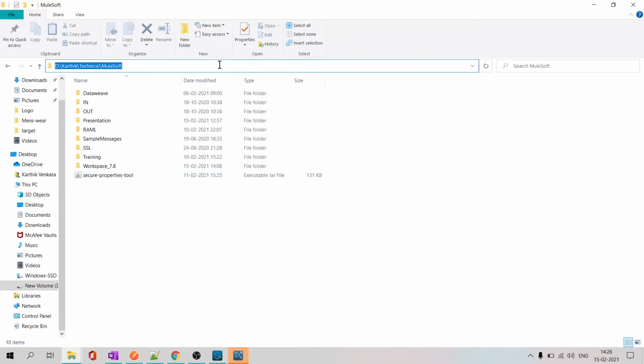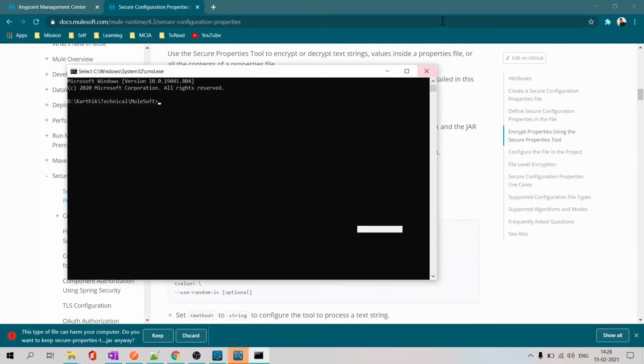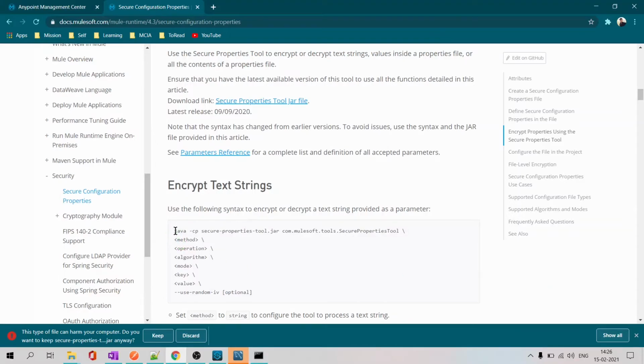Okay, so we just go here. Get our command, and please note this command changed recently. Earlier, I think in 4.2, the secure properties version was different, and this command was different. Now it changed recently, so we should always refer to the latest MuleSoft documentation. That is good practice.